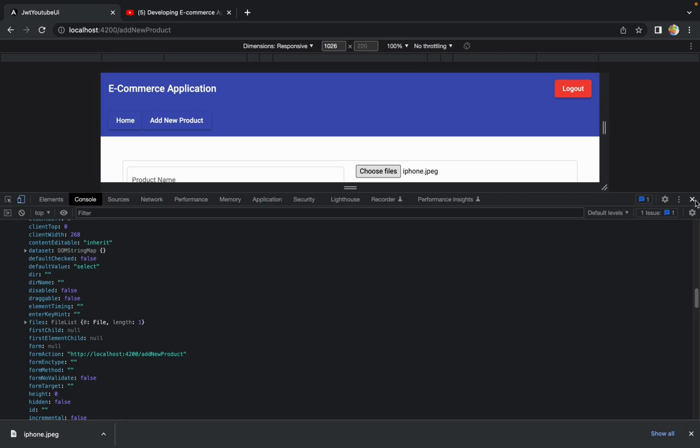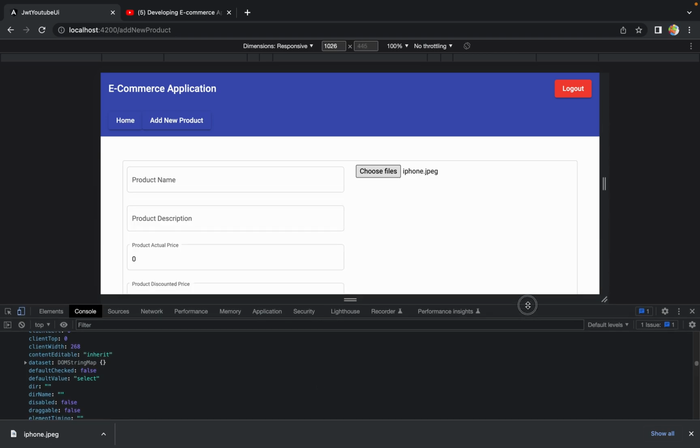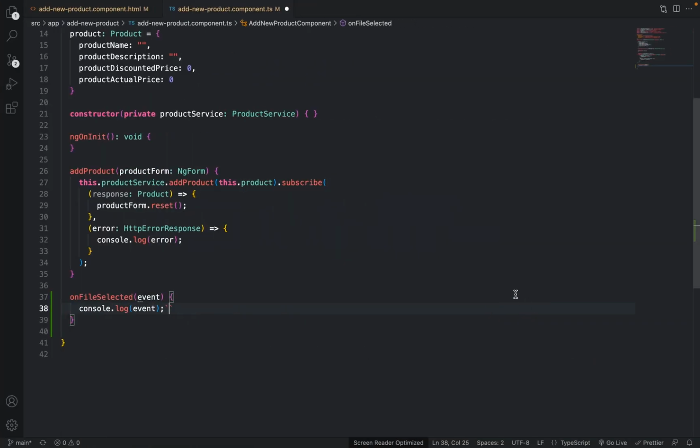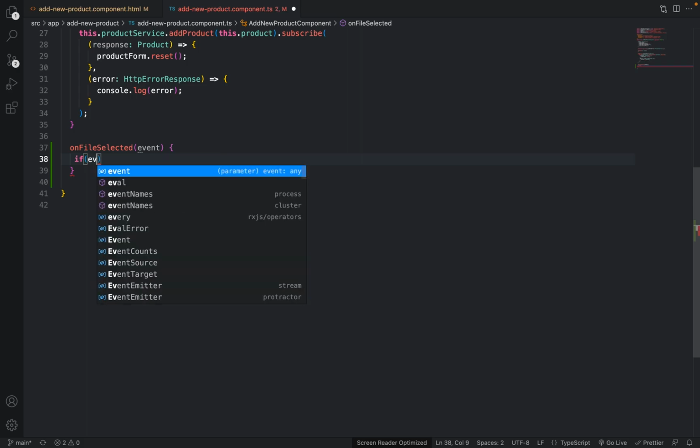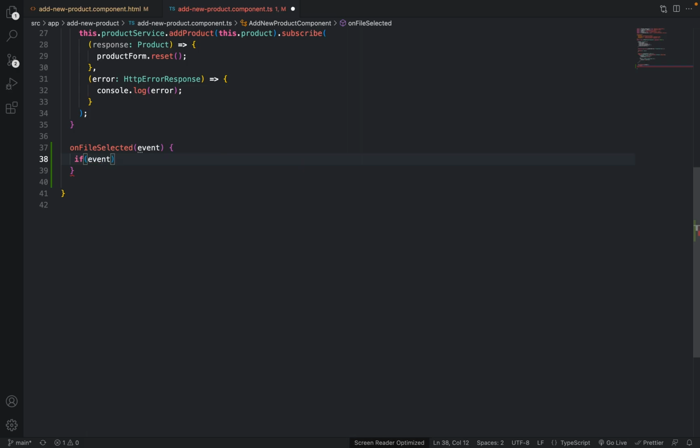to the backend or to the server. So for this, how I'm going to implement this is, let me first of all add one if condition, and inside this if condition I will check whether any file exists or not. So I will do event dot target. So inside that event we have to go to the target, and then we have to go to the files. If those files are present, then and only then I am going to execute this particular